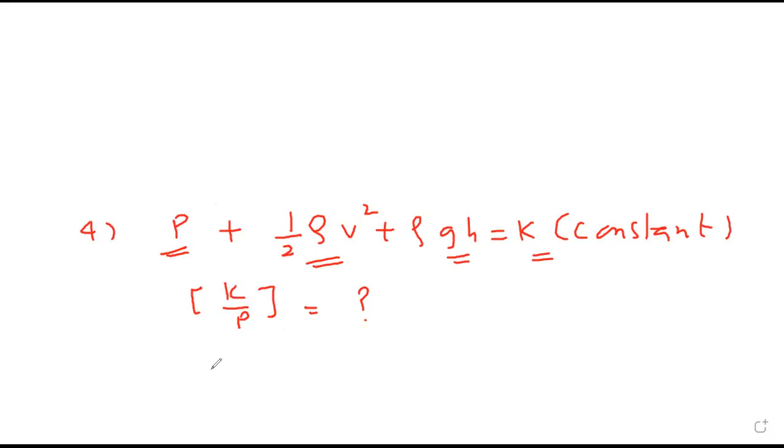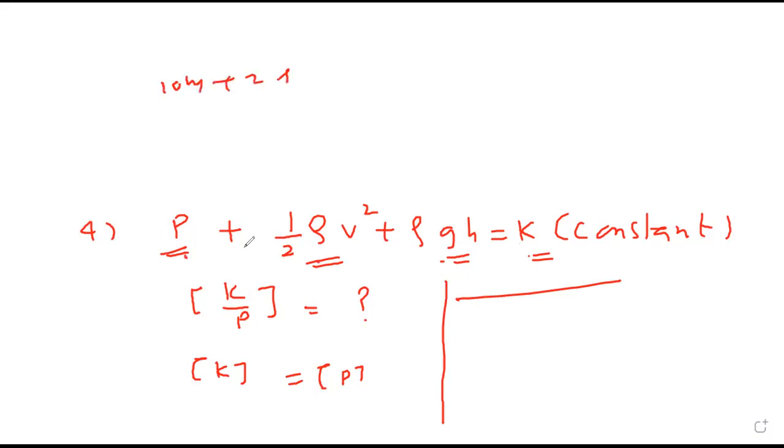Yes, sir. So can I say k का dimension is same as p का dimension? Yes. देखो dimension unit से आता है. So whenever you are adding, you can't add kilogram with second. So if I want to add 10 kilograms, it should be added with 2 kilograms. So can I say this is same thing, this is same thing, this is same thing. Got it?